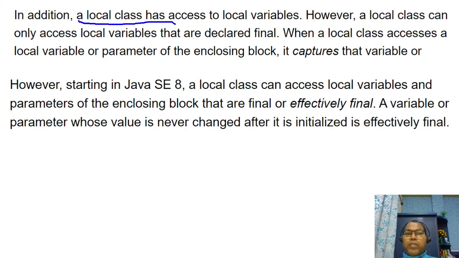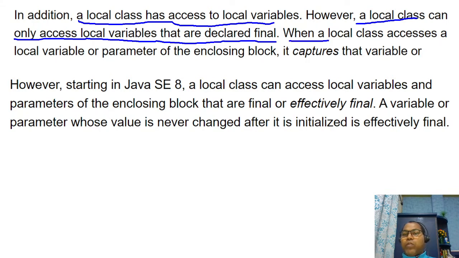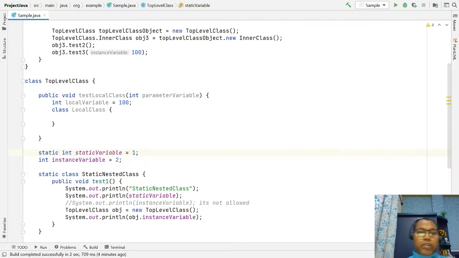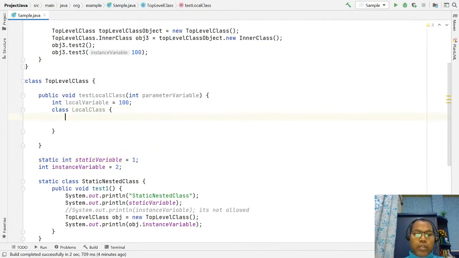Local classes have access to local variables, and local classes can only access the local variables that are declared final. When a local class accesses a local variable or parameter of the enclosing block, it captures that value, and the variable is final. So here what I'm trying to say is, let's declare a variable like an integer